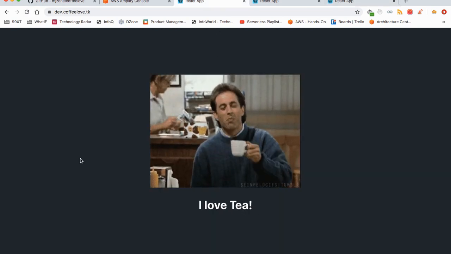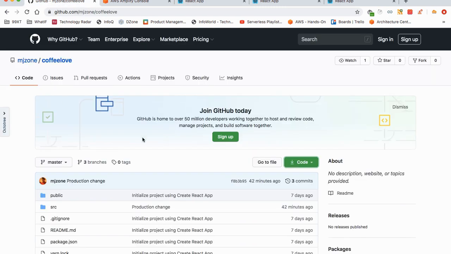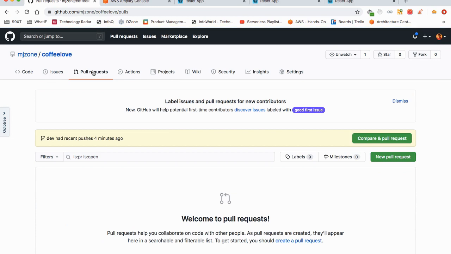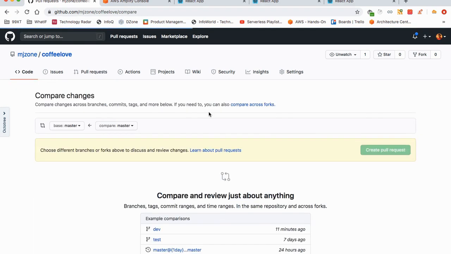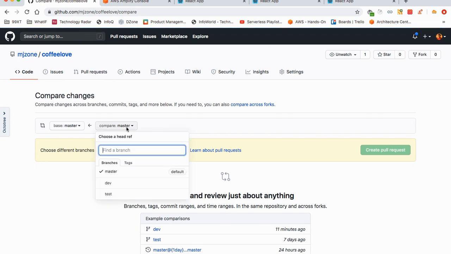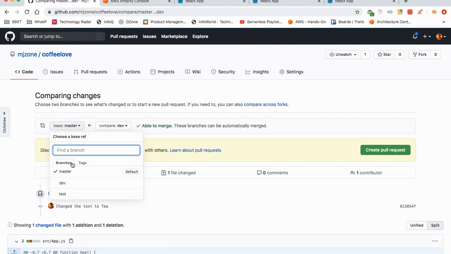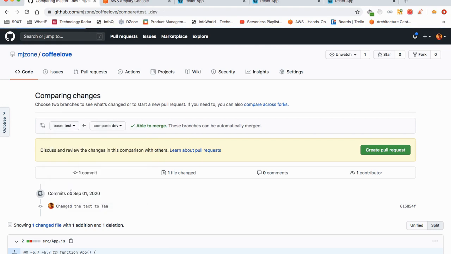So now let's update our test environment so that our QAs can check this change. So I will go to my repository. So let's make a pull request from our dev branch to the test branch or the QA branch. So let me go to the pull request and then I'll click new pull request. So I am sending the pull request from dev branch to the test branch.